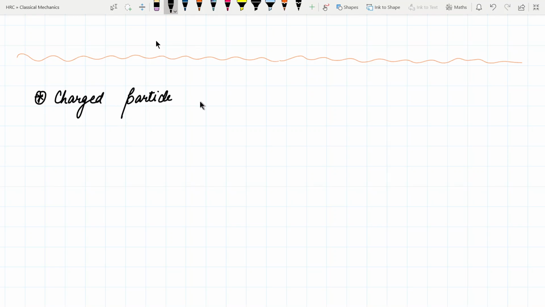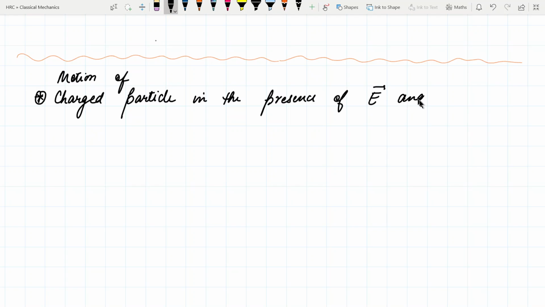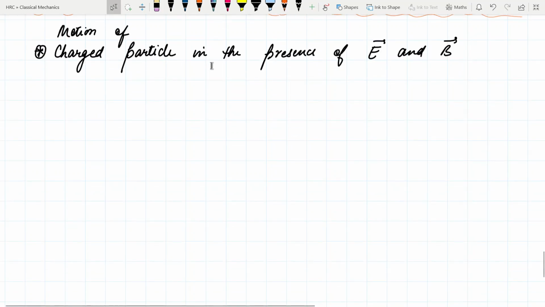Charge particle, or motion of a charge particle in the presence of E and B. So we will do 4 cases. Let me demonstrate the 4 cases. Okay, the first case is